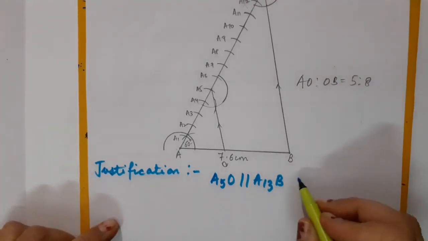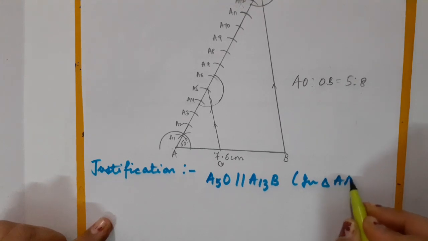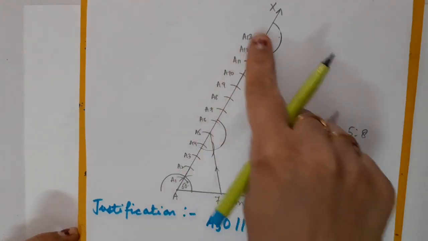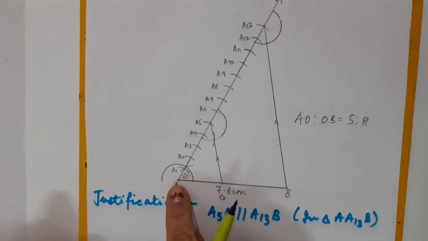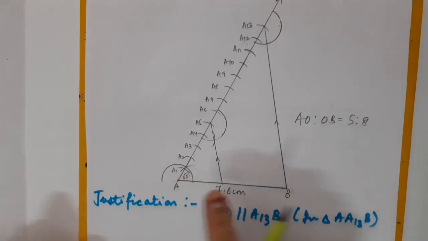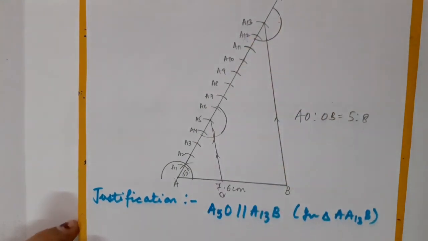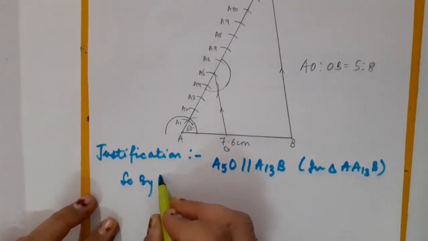In which triangle? You can specify triangle A13B. As this line is parallel to this in the bigger triangle, so by basic proportionality theorem, I can say that AO upon OB must be equal to AA5 upon A5A13. Correct? So by BPT,